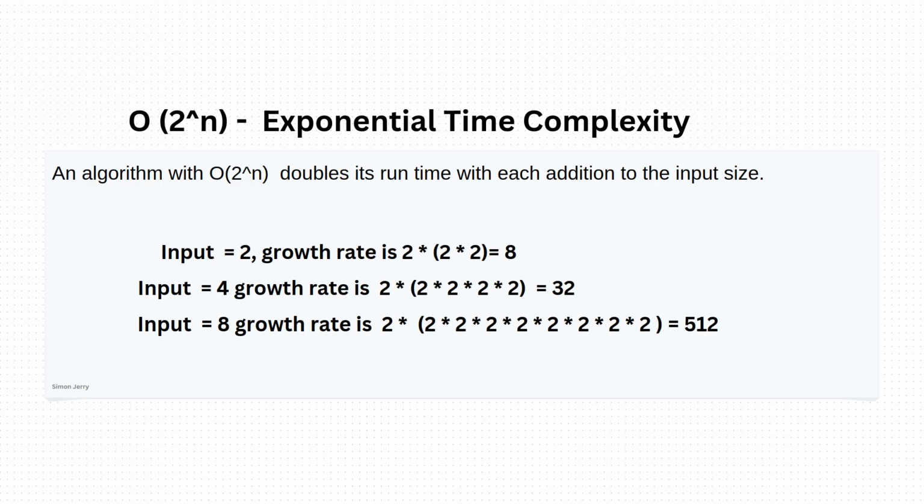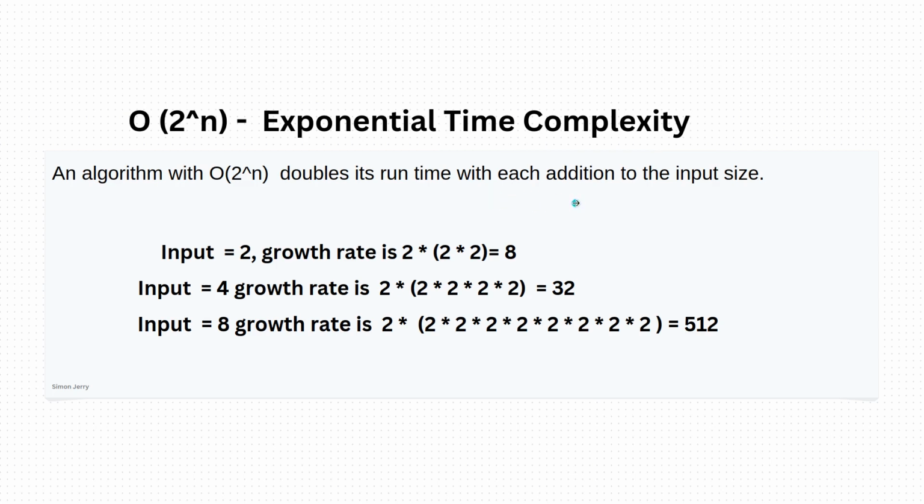Welcome to another video in this big O notation series. In this video we are going to visualize and explain the big O of 2 raised to power n, which is the exponential time complexity. So an algorithm with the big O of 2 raised to power n doubles its runtime with each addition to